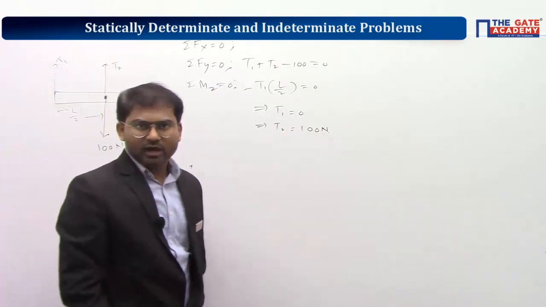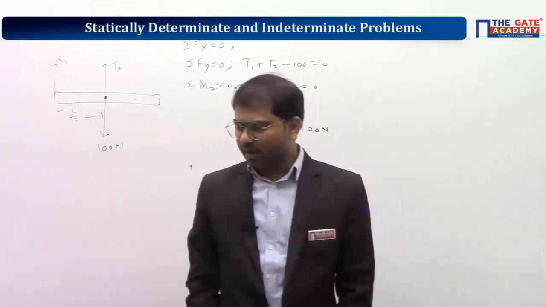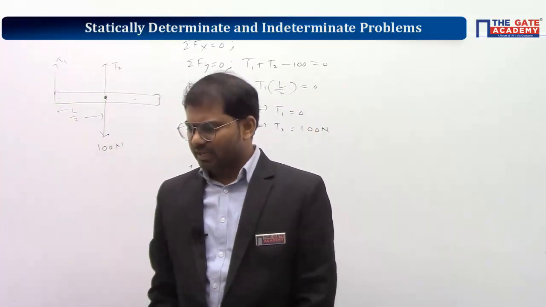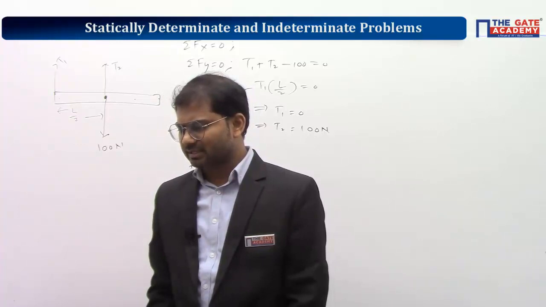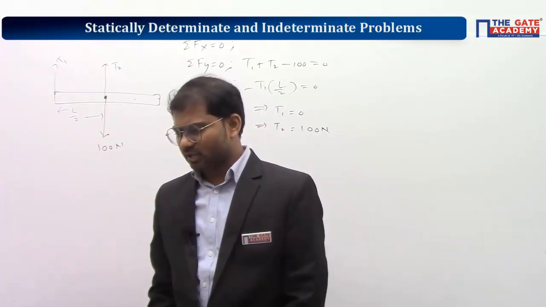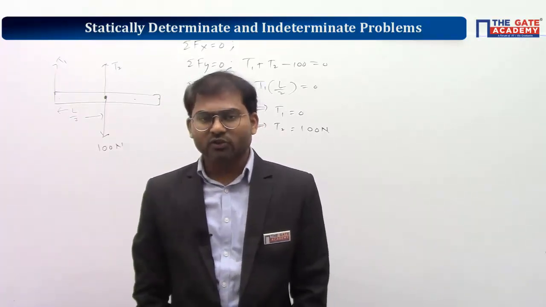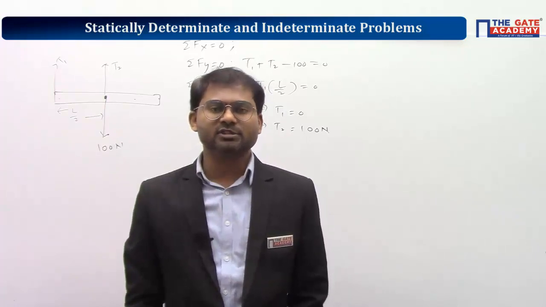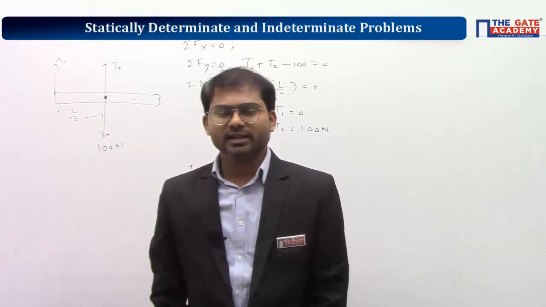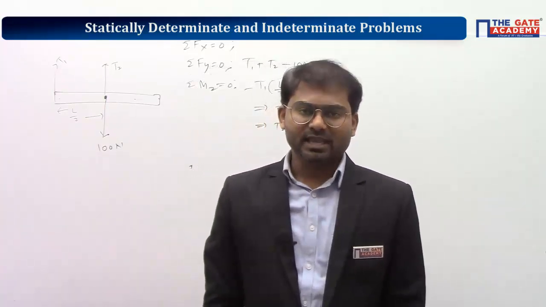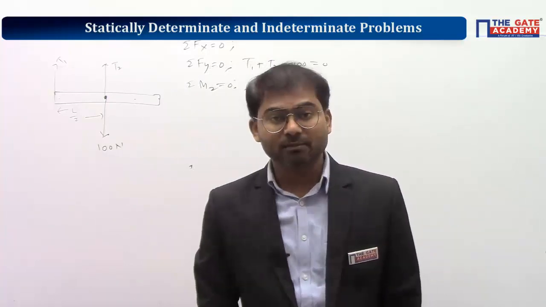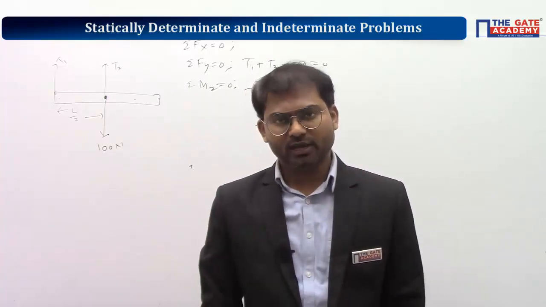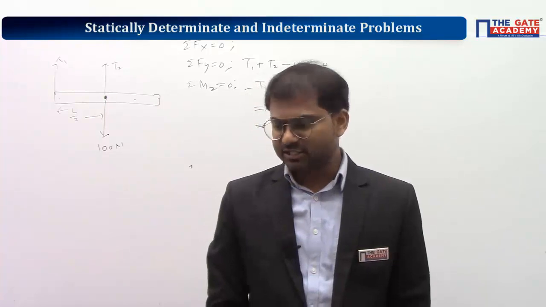Okay. So I am reading out the question. A bar of uniform cross section weighing 100 Newton is held horizontally using two massless inextensible strings S1 and S2 as shown in the figure. So what is the answer if they both are extensible strings? Exactly, Challa Sanjay, same answer. Same answer will be there if they are extensible also.